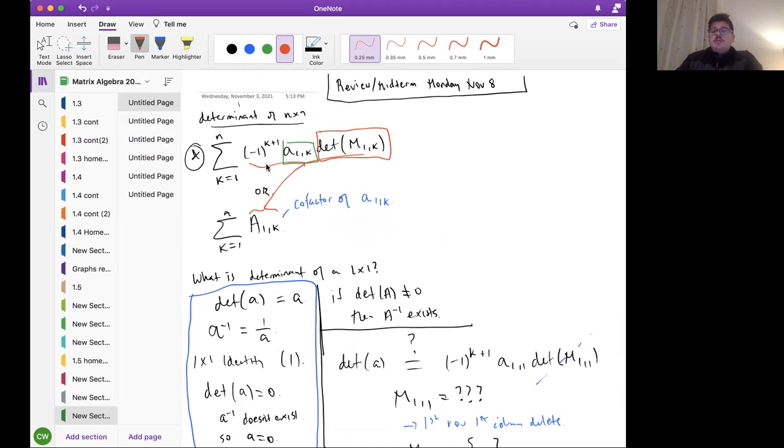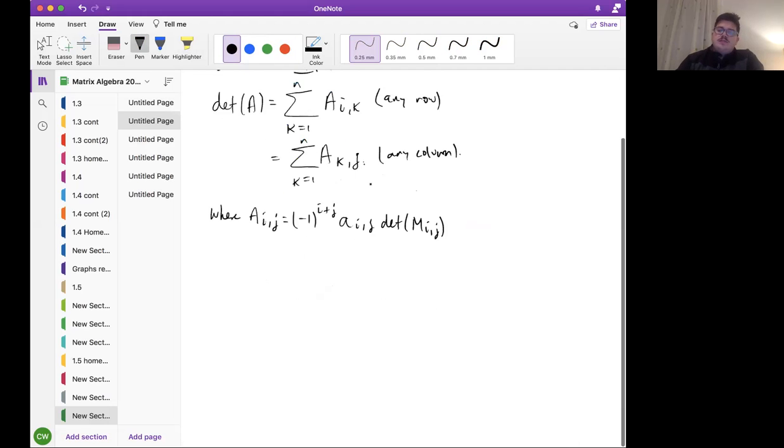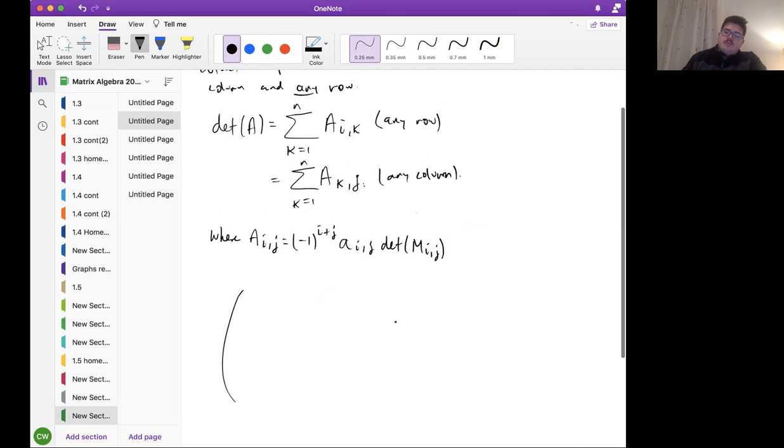So, but it turns out that you don't need to only use elements in the first row, but any other row will work, and the formula will work the same. Here's kind of a general idea of why you might expect that to be true. So when we first